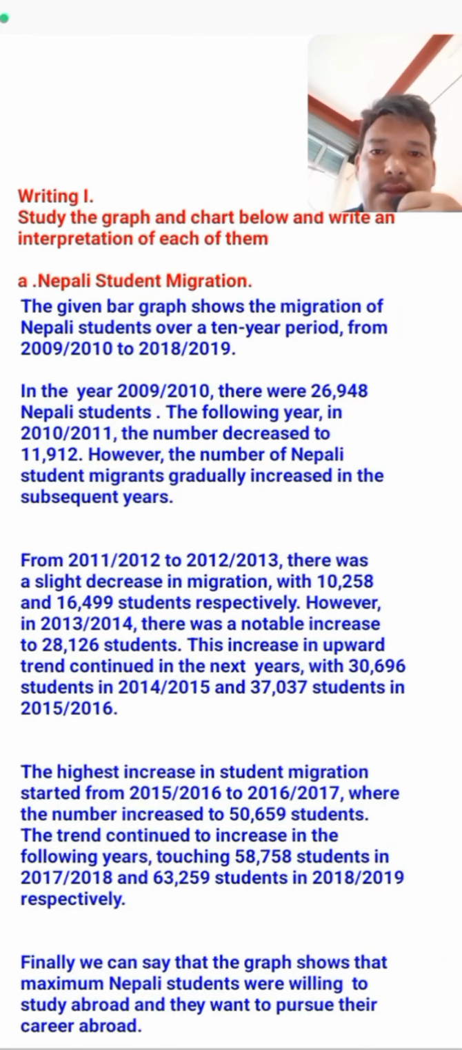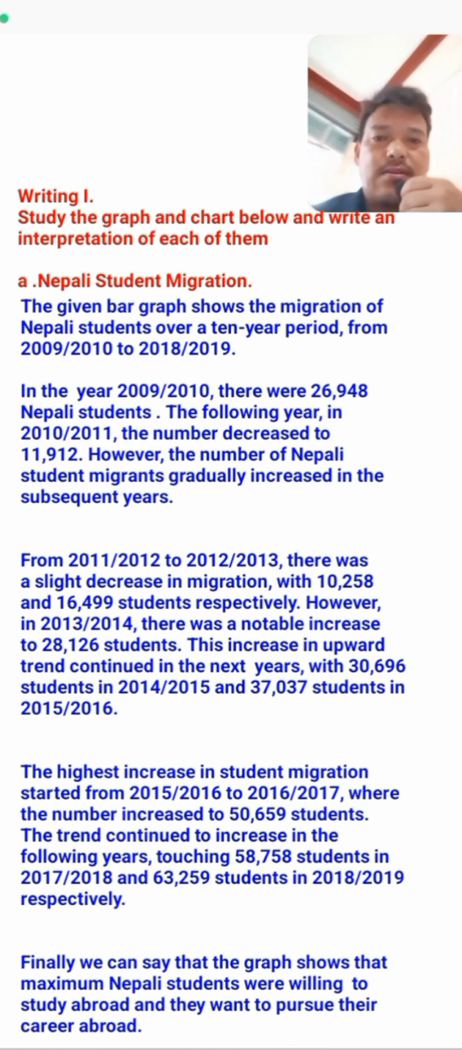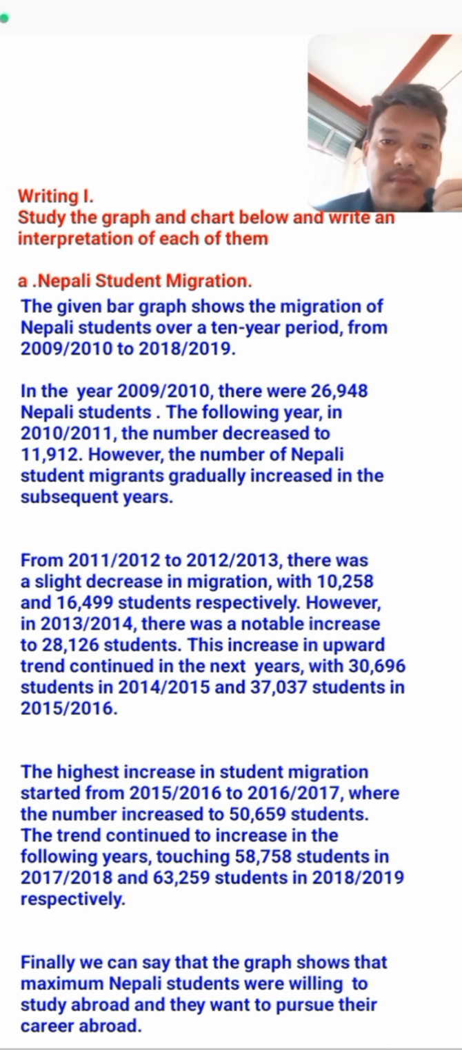The first graph is Nepali student migration. The second one is the distribution of population of Kathmandu Metropolitan in terms of language, based on the population census of 2011. So let us discuss the first one, Nepali student migration. Students, what do you see in the first graph? It's a graph of Nepali student migration, from 2009-10 to 2018. Let's have an interpretation first. So here I have written its interpretation. What we interpret is that the given graph, it's a bar chart,